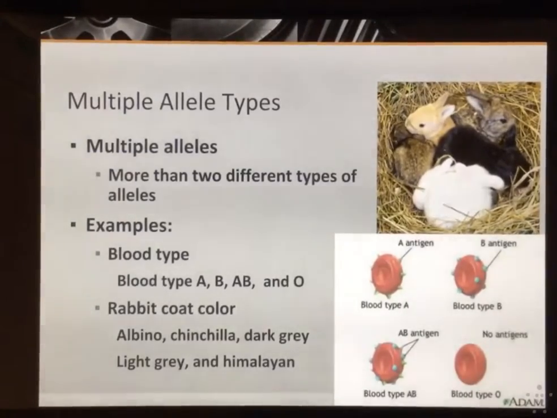But I'll show you some different types of blood types here, and you may be one of these, depending on your parents. So if you look here in the lower right-hand corner, you can see that you have different blood types, okay? You have blood type A, and then on the outside of that red blood cell, there are these things called